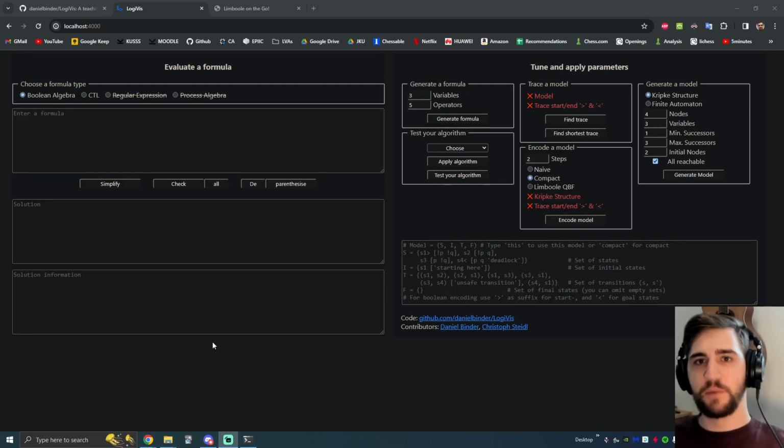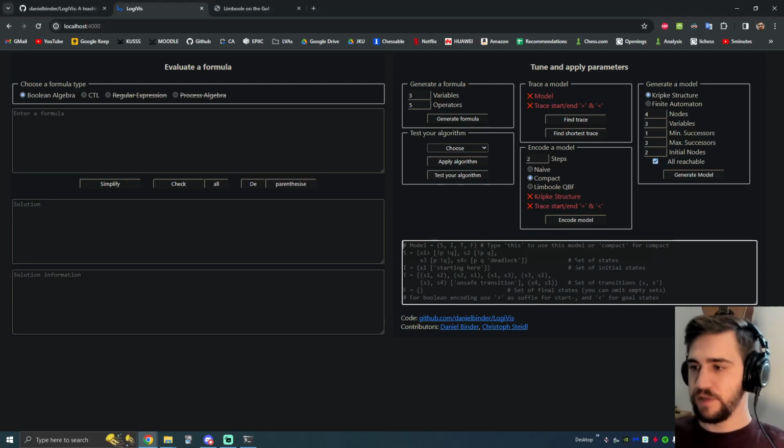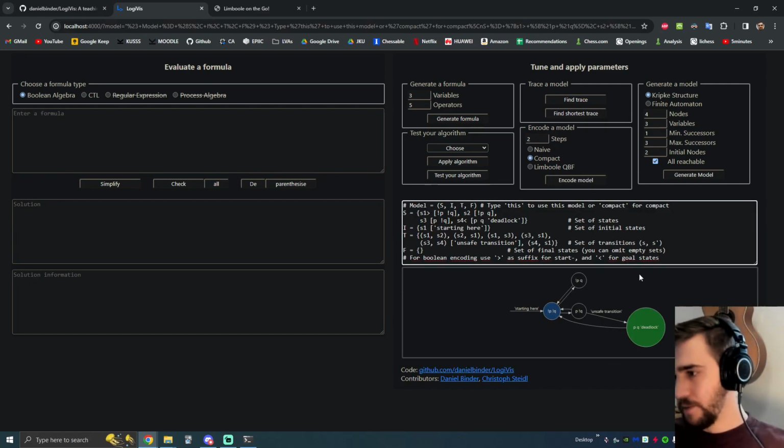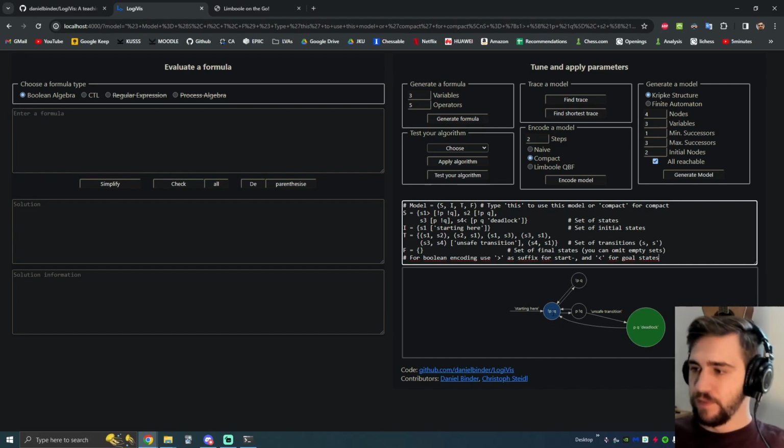Let's have a look at the model encoder. First we need a model. I use the standard model, this, and we see here we have this program or this Kripke structure where in the starting state we have not P and not Q, and you can think of those two variables as resources